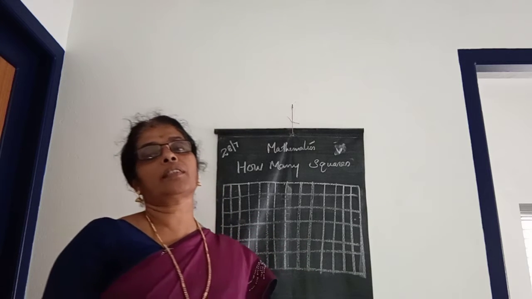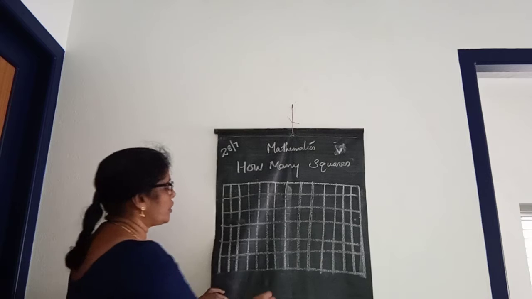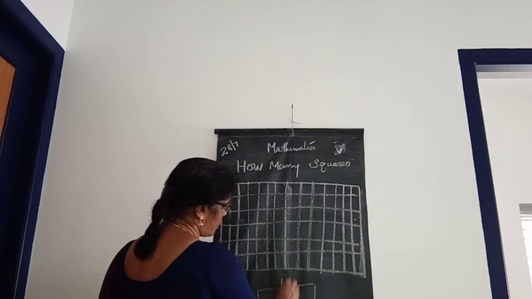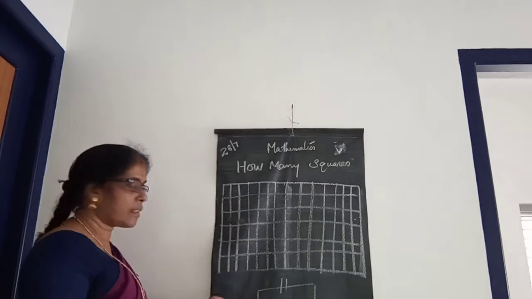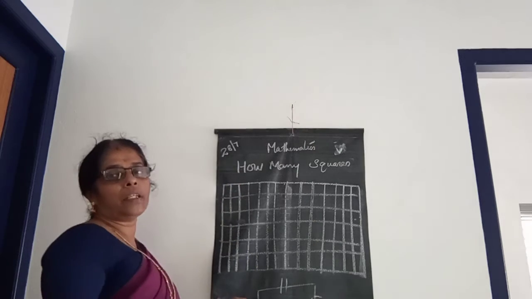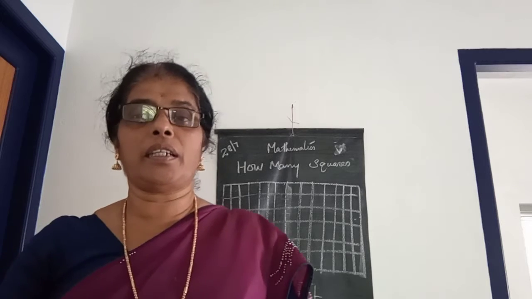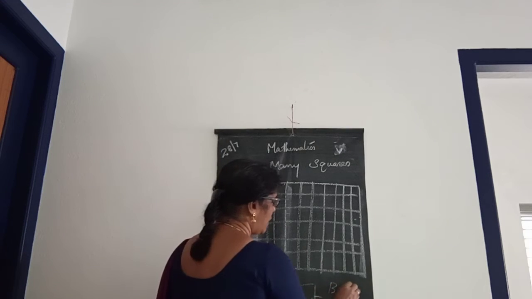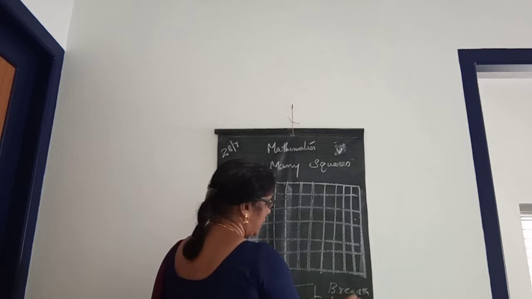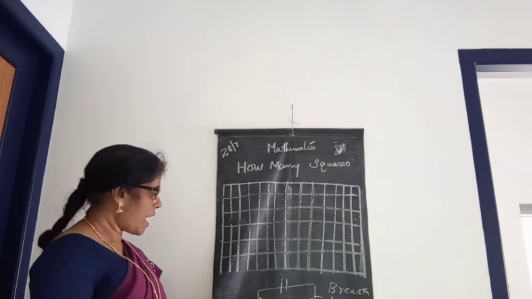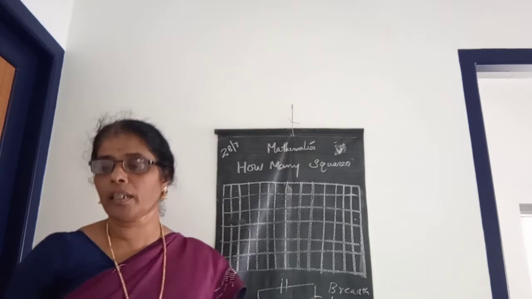And you know which one is the length and which is the breadth, isn't it? If this one is the rectangle, these two sides are the length and these two opposite sides are the breadth. Breadth, B-R-E-A-D-T-H. What is the spelling of breadth, children? B-R-E-A-D-T-H. And length, L-E-N-G-T-H. Okay, this side is length and this one is breadth. Okay, then